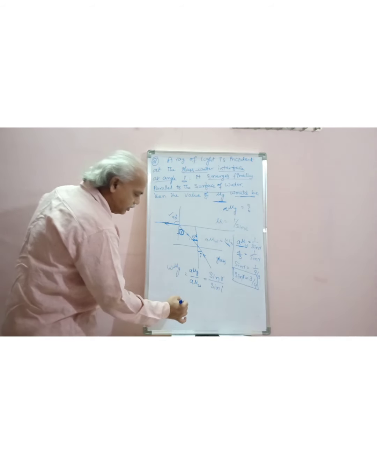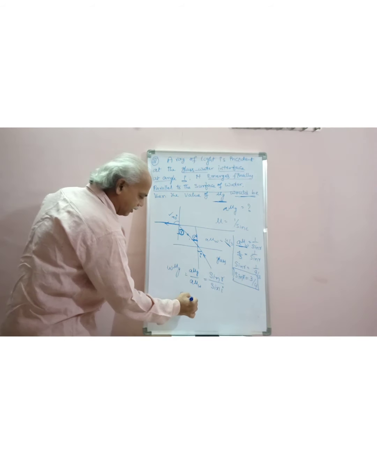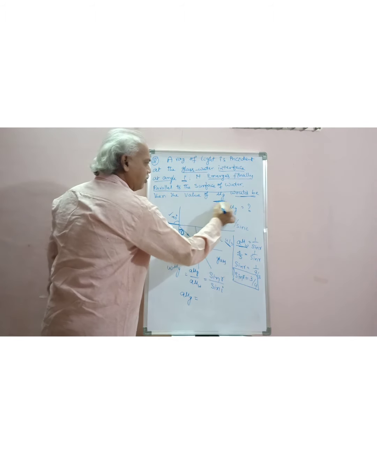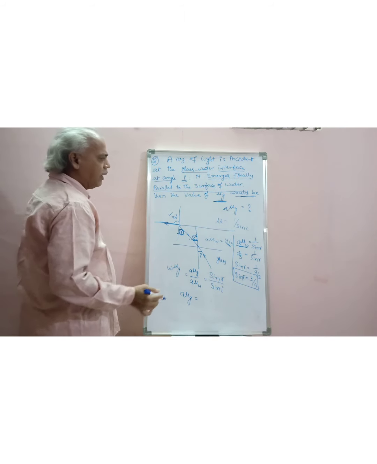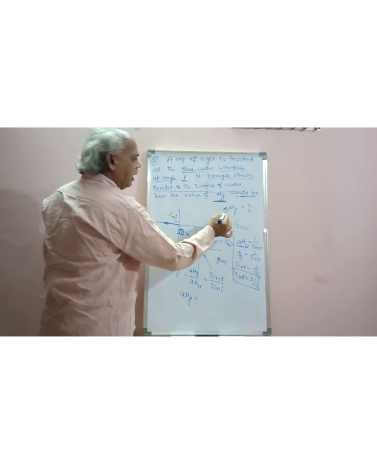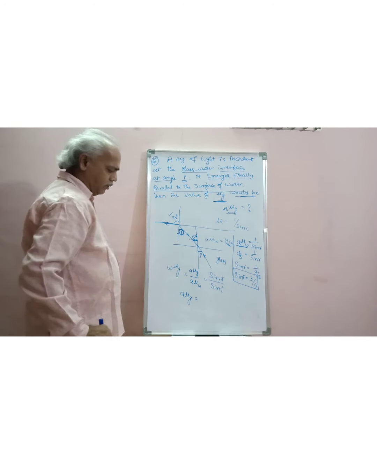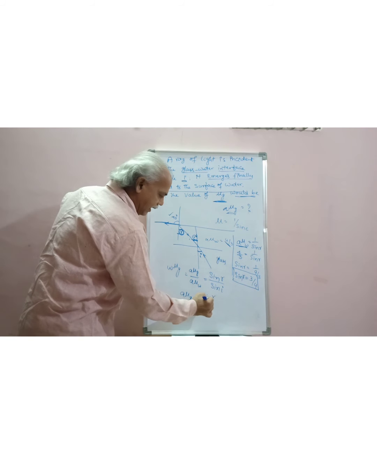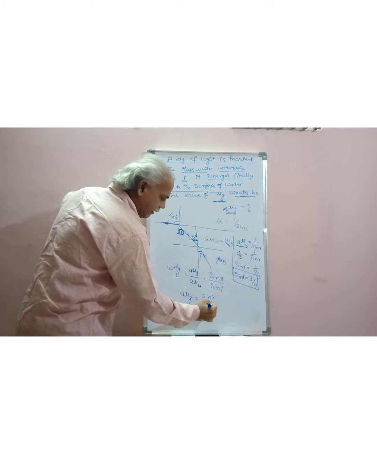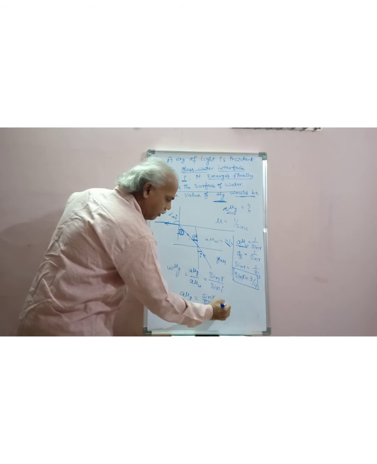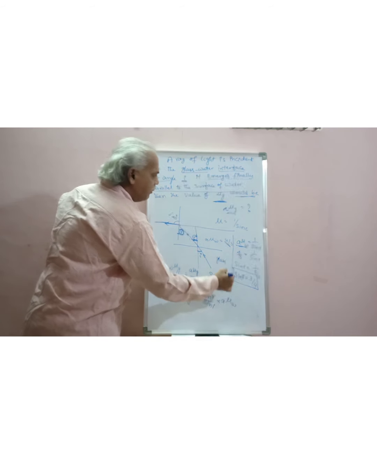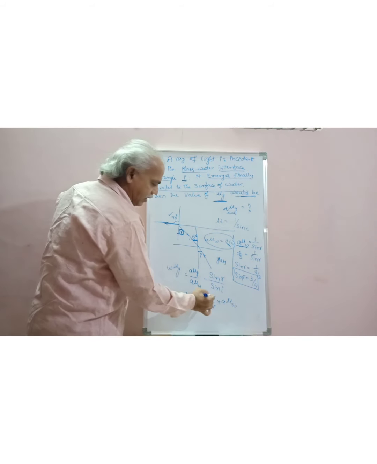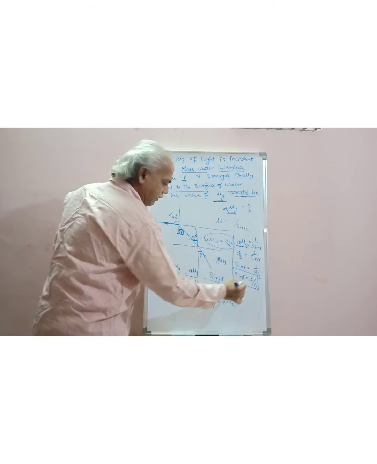So A mu g is the refractive index of glass with respect to air. That is the given question to find. To find the value, A mu g is equal to what? So A mu g is equal to sin r by sin i into A mu w. A mu w is given, that is 4 by 3 here. So what is the sin r value? Sin r value is 3 by 4.